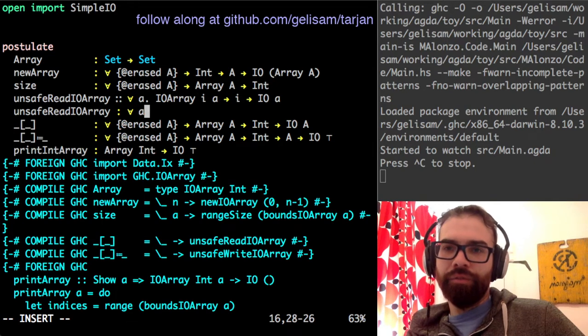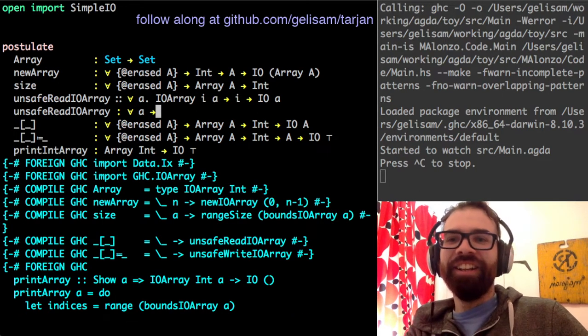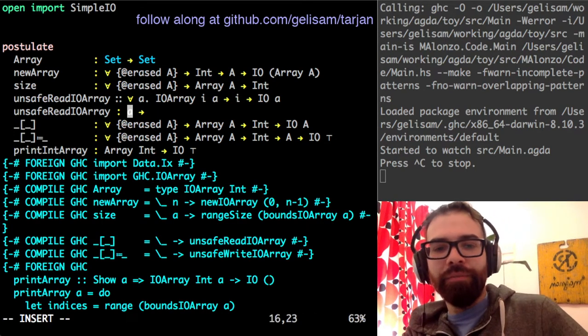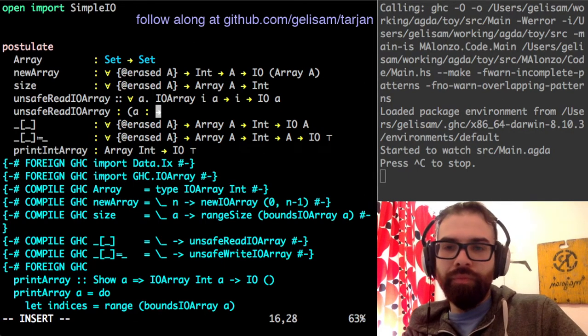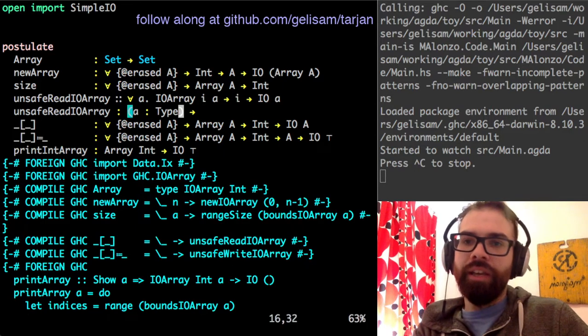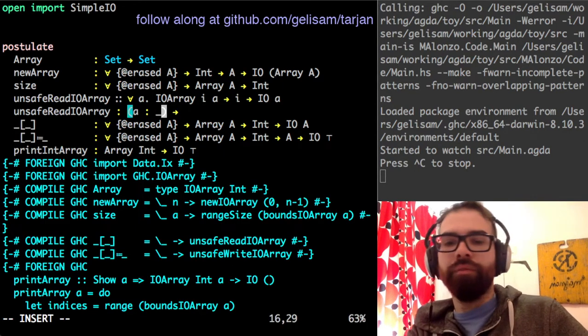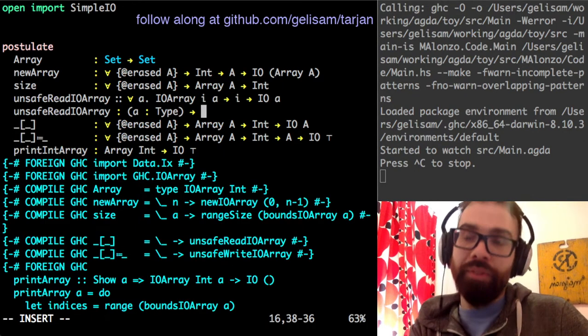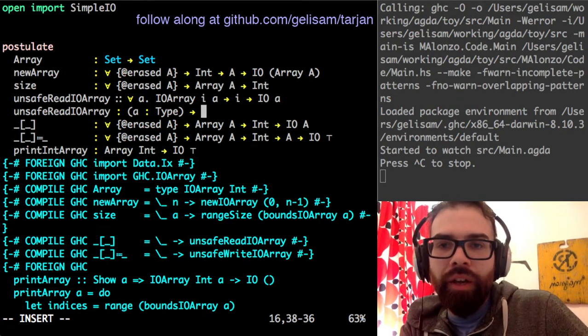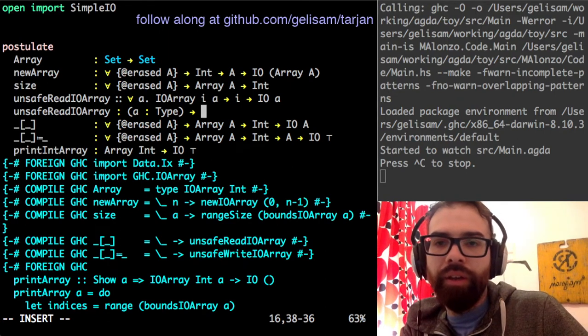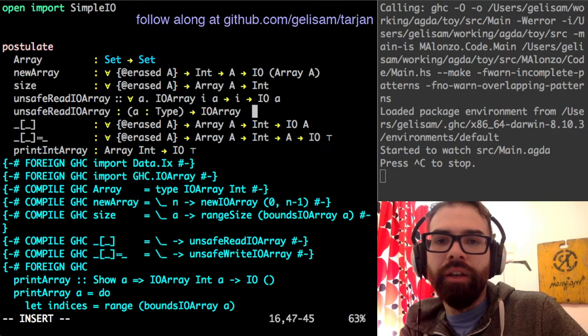Yeah. So for all A, okay. And the reason I was confused is because it expands out to this longer version like that, where the type is inferred. We infer that it is the kind type. Anyway, A of type, IO array, I A,